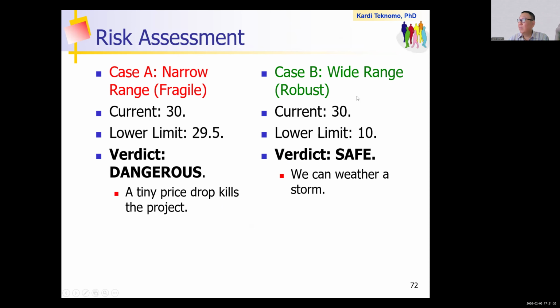If it is a wide range, it's robust, and you can sleep well. The market can crash, but you are still doing the right things. So currently 30, the lower limit is 29, not 29.5, that's very narrow. That's dangerous. But currently 30, and the lower limit is 10. That's quite far. So then you're okay.